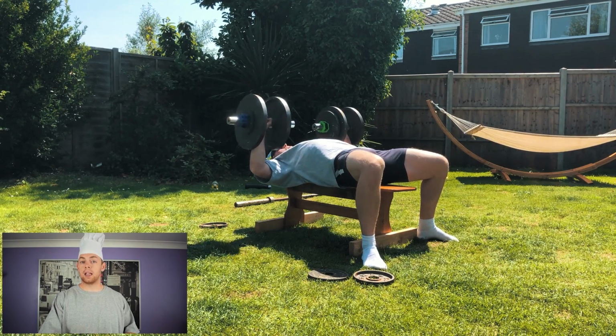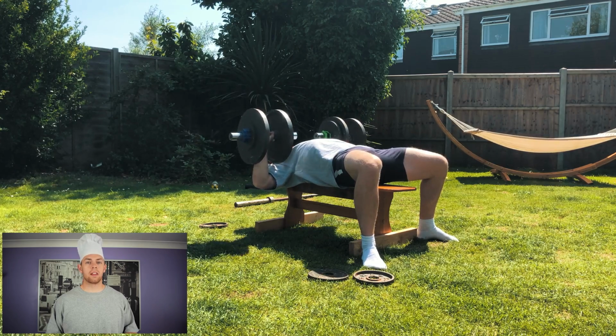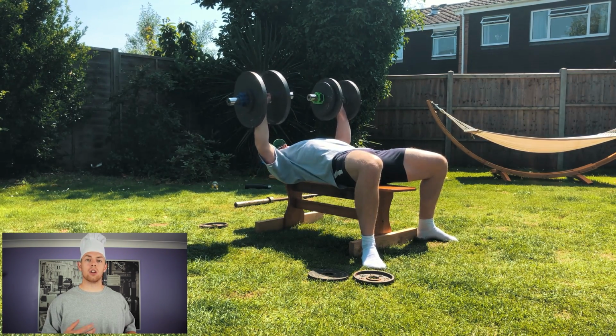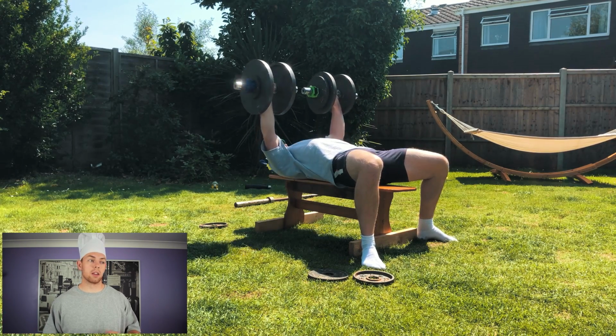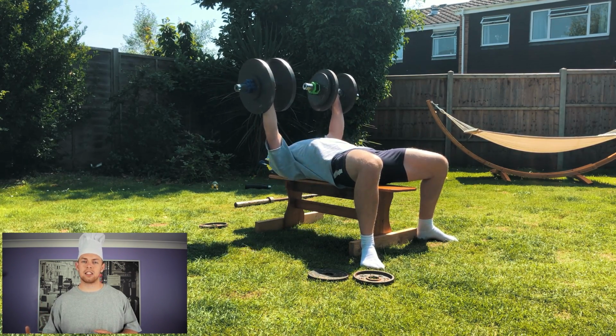Straight away, I believe he's using fake weights, and here's why. He's a relatively light guy. I think they said about 170 pounds. He's in great shape, very lean. And in some of his videos, he's demonstrating movements like the bench press, pin press, the deadlift. But then if you consider how much weight he's actually lifted, especially relative to his body weight and how he's lifted it, i.e. in such a smooth and controlled manner,